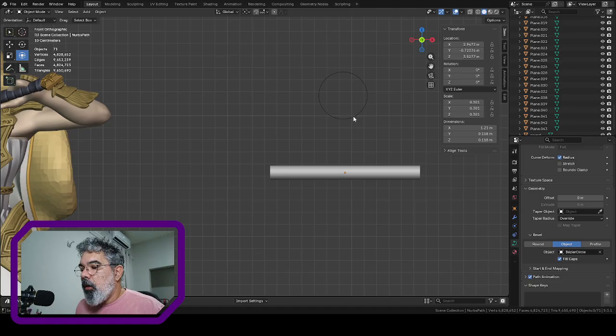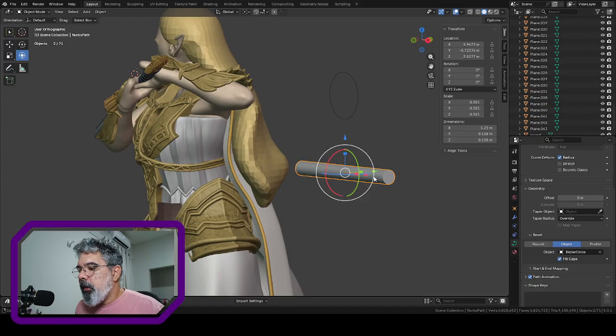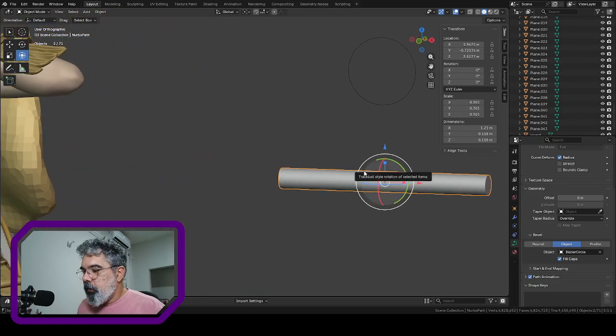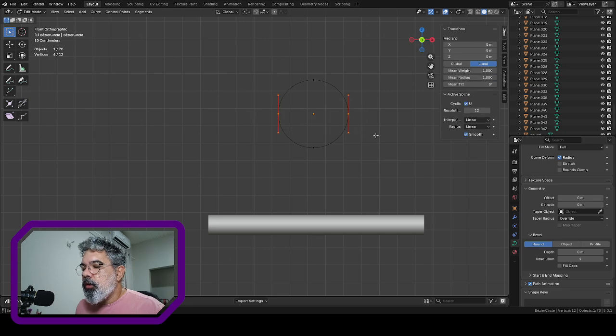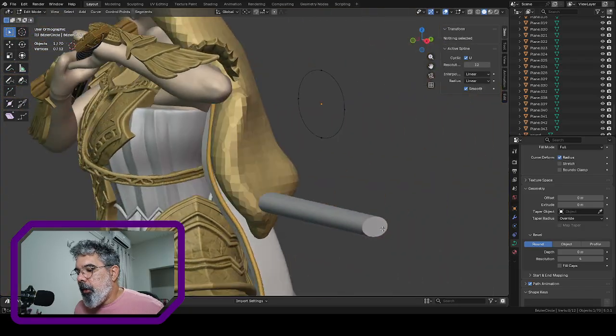Okay, well, as you see, when we select this curve, this path, and select the object and use the eyedropper to select the object like Bezier circle, this path has this form, a cylinder form. So what happens if we change this circle here? Let's go to edit mode, and I'm going to select these two points here and scale. As you see, the path object here is scaled too,